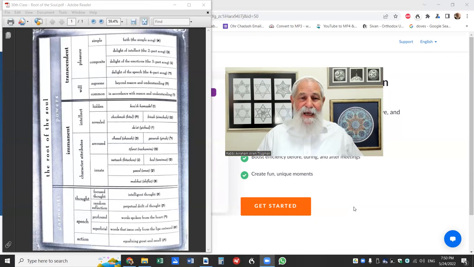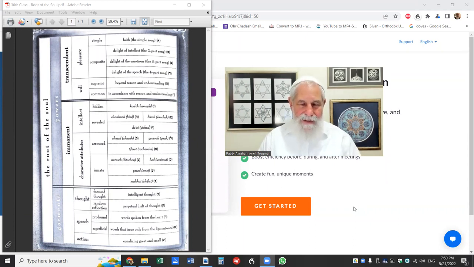So the sages said the 10 commandments can be compared to words that come from the heart. This is called profound speech. So what's the connection here? Both have to do with speech, but the secret is in a Rashi on the Shabbat of Bereshit,